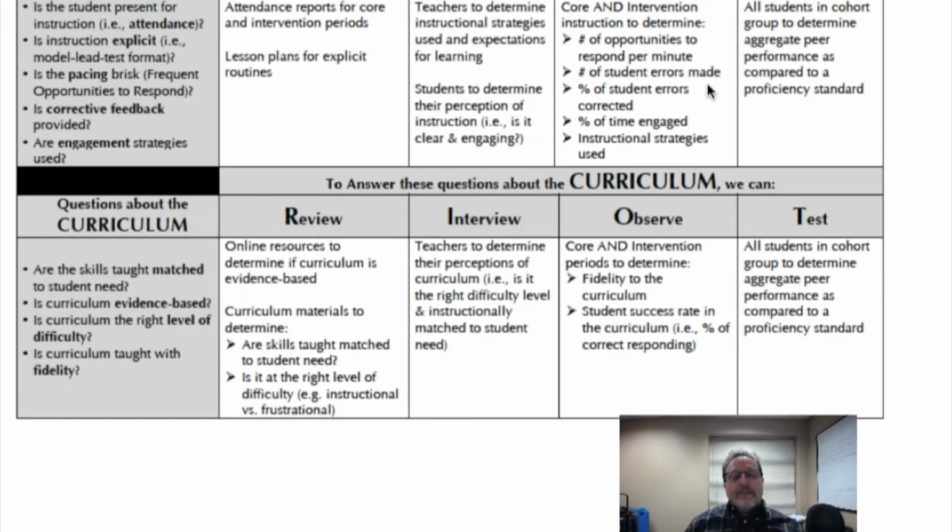So, just a little bit more about the information that you will be gathering. We talked some about it before, and that individual problem solving plan structures some of that. But when you're looking at instruction, curriculum, environment, and learner, here are just some guidelines for the kind of information that you'll be collecting. And we use the acronym RIOT as a way to just remember and organize our thinking about that. So RIOT stands for review, interview, observe, and test. So those are 4 different kinds of ways that you can get information.